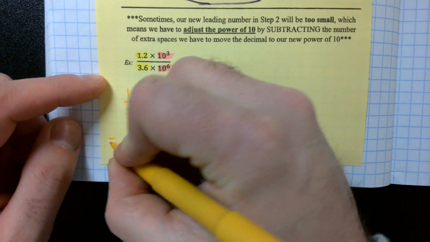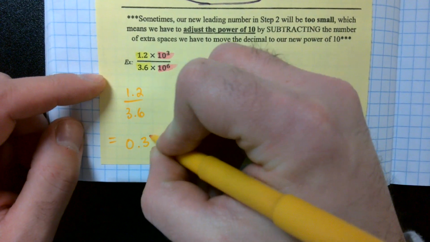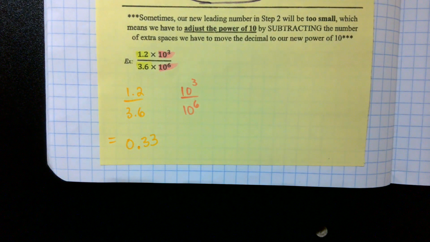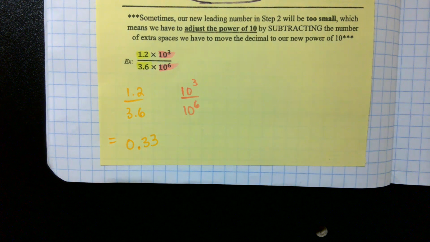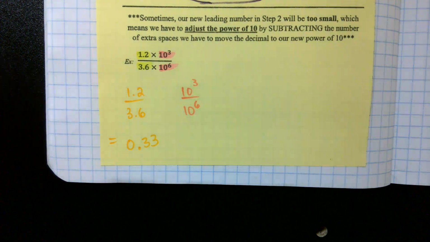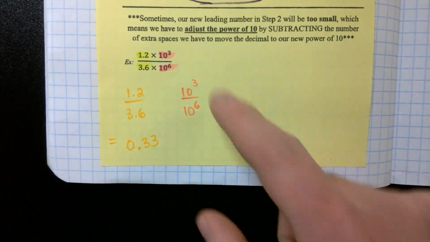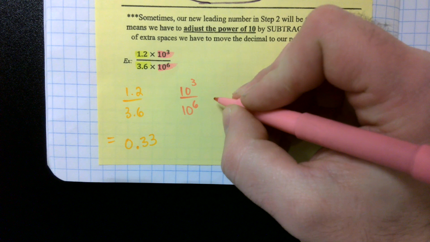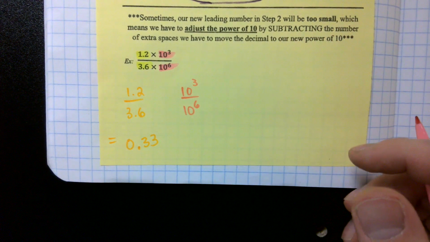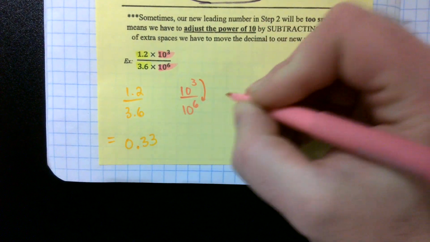0.33333 forever? Yeah. Okay, I'm just going to call it 0.33. Like I said, we're going to cut it at 2 decimals. Because my third 3 is less than 5, I'm not going to bump up that 3 to a 4. So 0.33. Now, 10 to the third over 10 to the sixth, if I subtract downward,